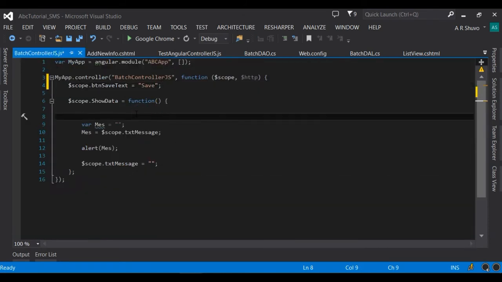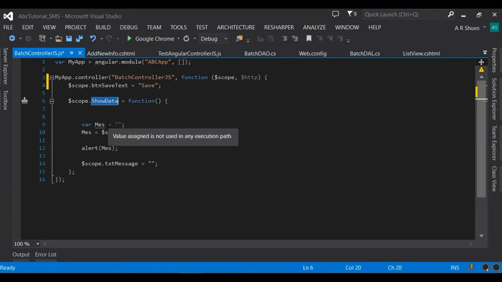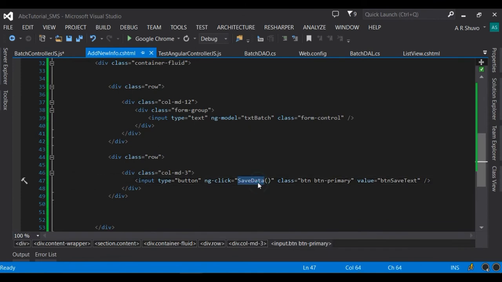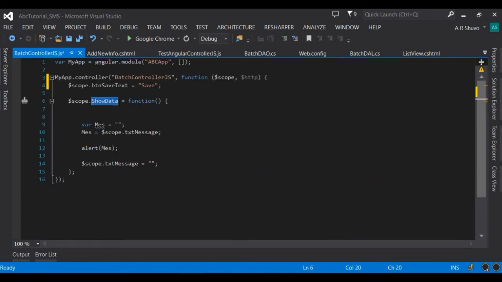Okay, and we need scope this save data function. Okay, scope this text will be changed and the text will be saving. Okay,